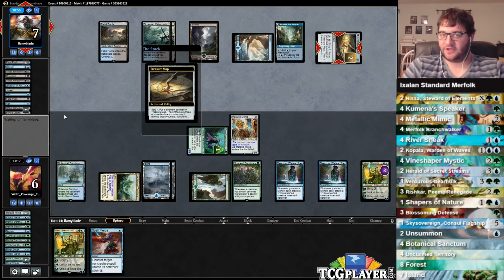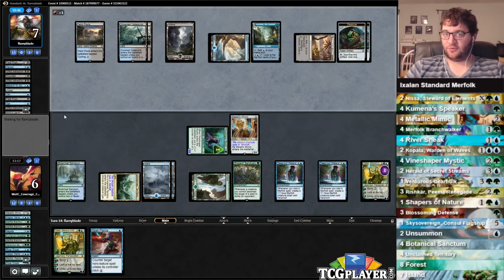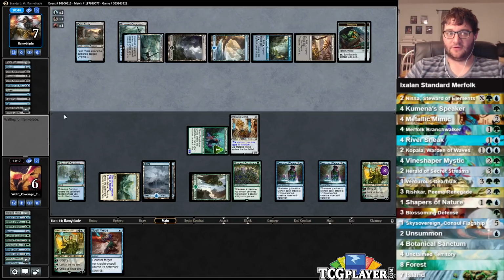Scrying in his upkeep, okay. Yeah, he might pull out of this. I really wonder if I should start plussing Nissa. Well, it's good to know we're going to have another Merfolk plus a Spell Pierce up, so...